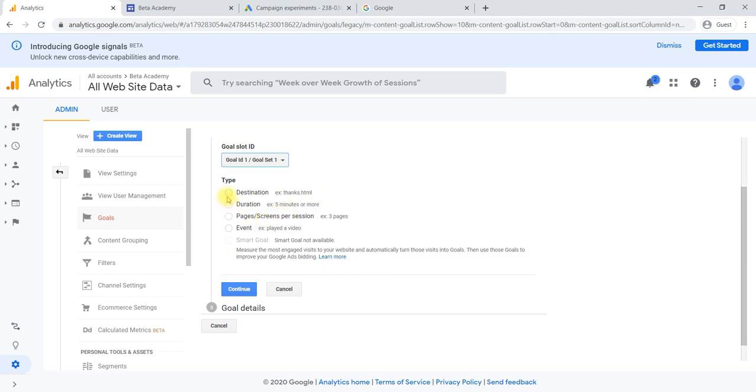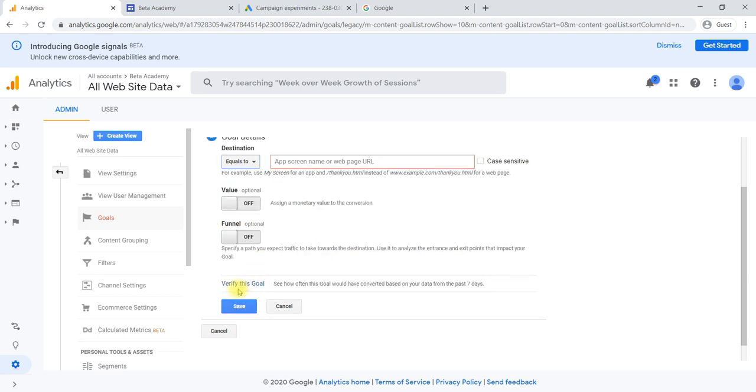Then we can take a destination, a duration, pages per session, or an event like playing a video. Duration means they have to spend 5 or 10 minutes on your website. Destination means a particular web page has to be reached, like a thank you page or a conversion page.